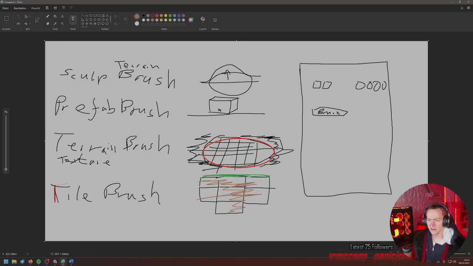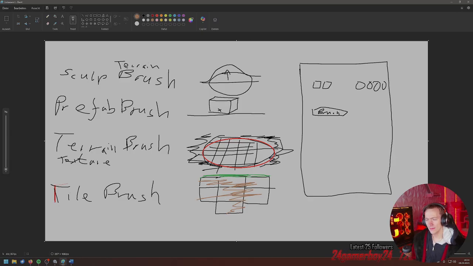If I say this is a generic brush forger, I cannot say we only have the prefab brush because this is what we work with. This is the example. But these are four different things of what you spawn in, and they all work differently.